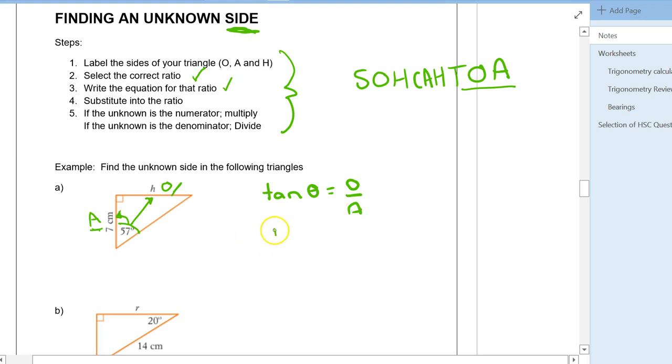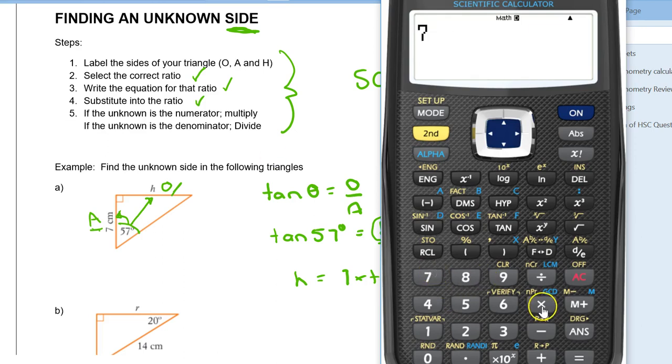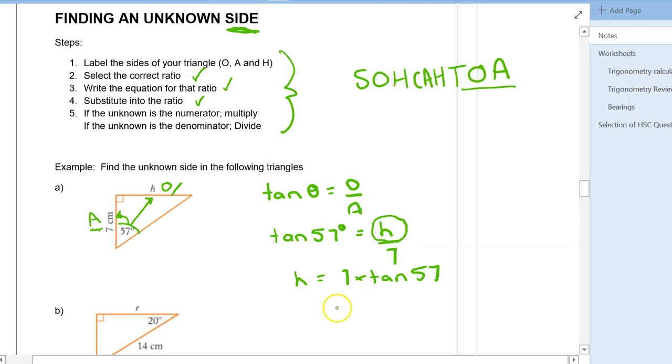I need to substitute. Tan of the angle's 57 in this case, the opposite is H and the adjacent is 7. So I've done step 4. If the unknown is the numerator, which it is, it's up the top, this is the numerator, times. So H will be 7 times tan 57, and I go to my calculator, 7 times tan 57, and it's 10.7 or 10.8,